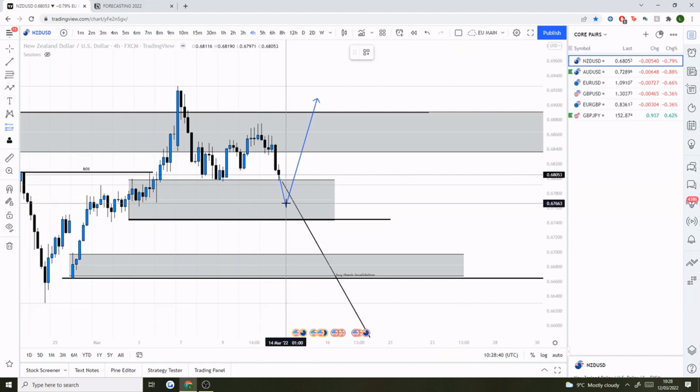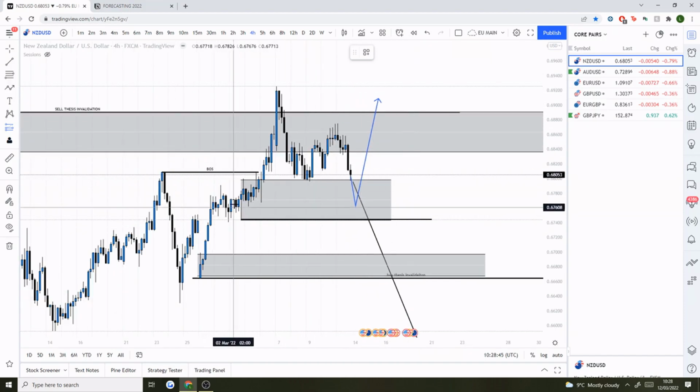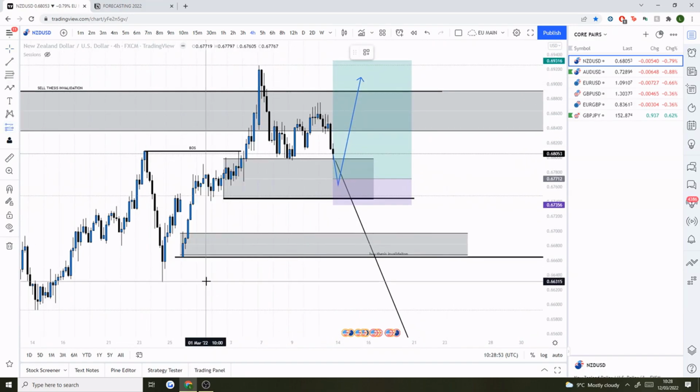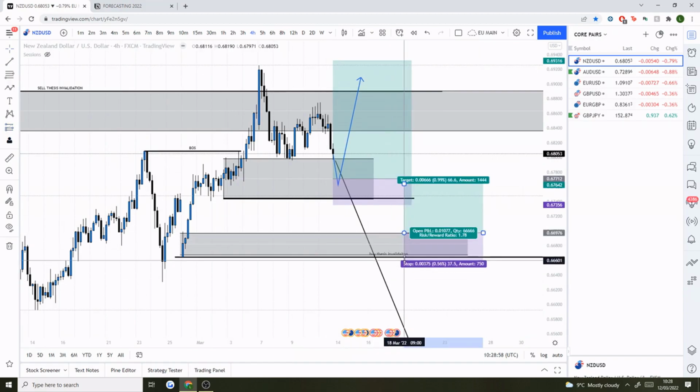If we do get price coming into here, then showing signs of rejection, to go for buys. We know that there was institutional action, institutional orders taking place in this area, so I think it's absolutely fine for us to buy out of there. And then again, same thing could be said down here as well, because that's where the 12-hour structure originated from.